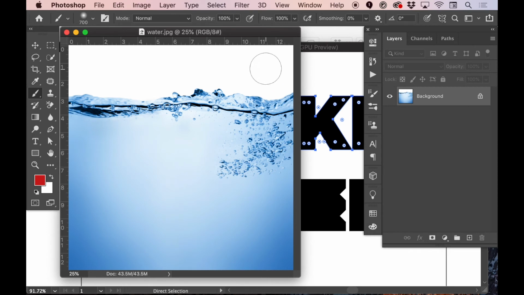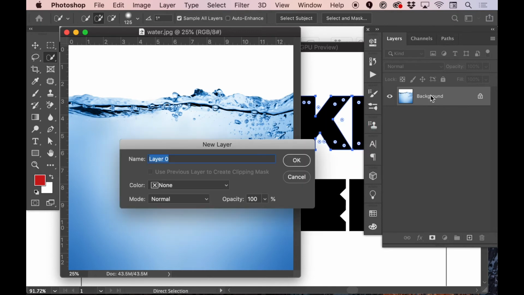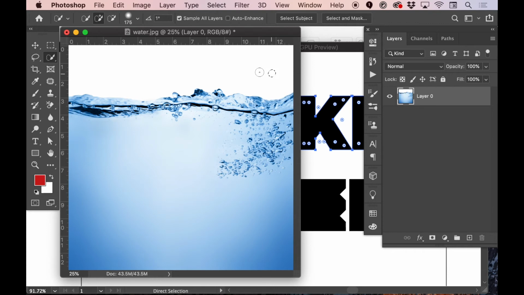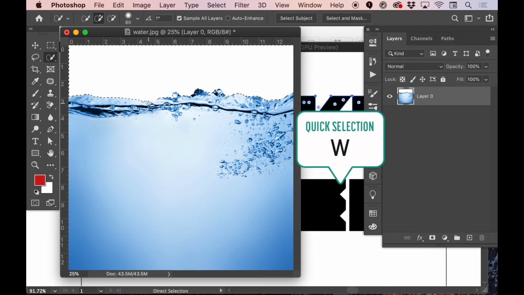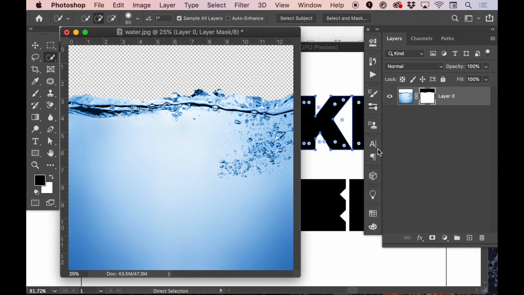But now I have my water background here. I'm going to use my quick selection tool just to wand out this background here. I'll double click on this background layer to create a layer out of it, and I'm just going to use my quick selection tool. So that's W or Shift W to toggle to it, and then that's good. You can use select and mask to refine this, but for this purpose it's not a big deal. And I am going to mask that part out,